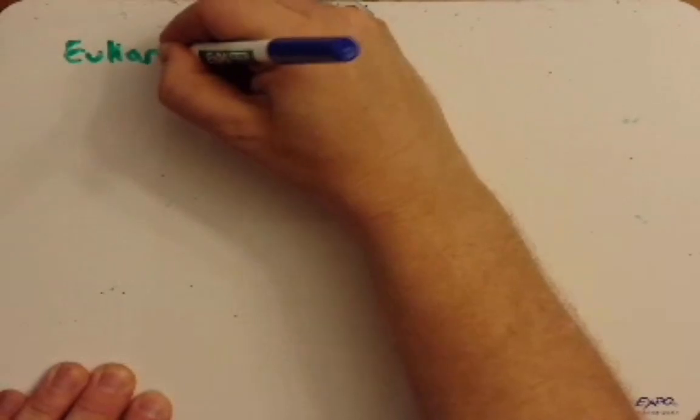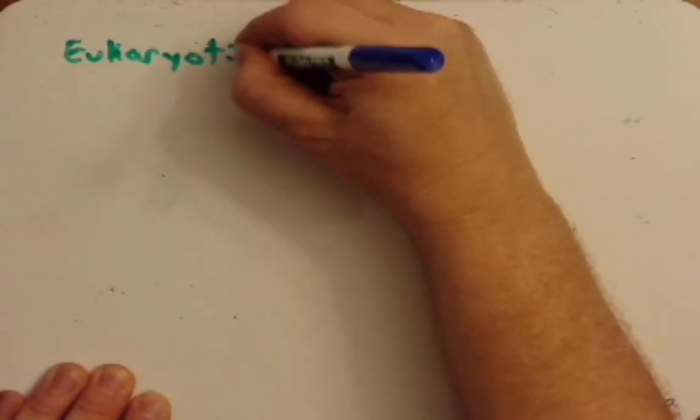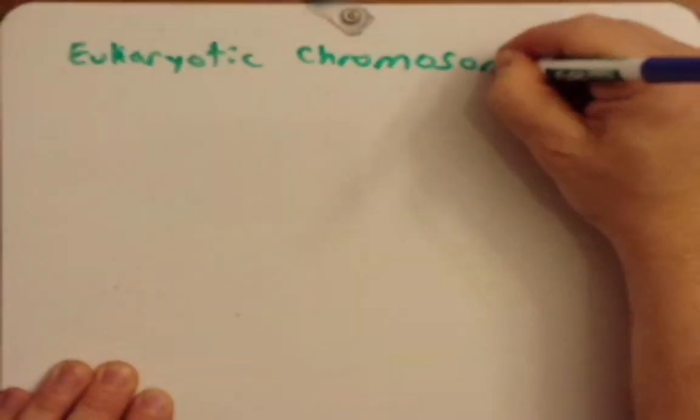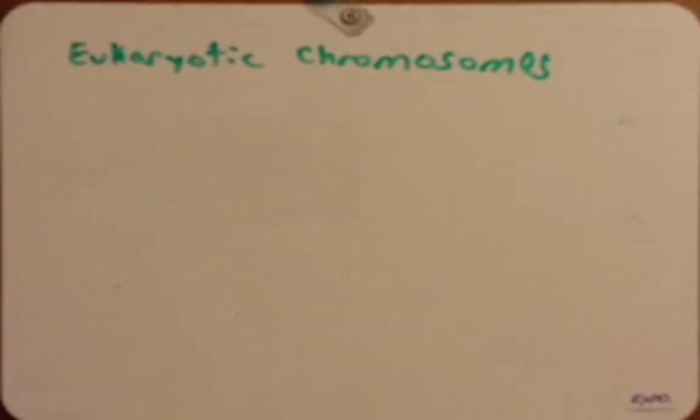Hello and welcome everyone. In this podcast, we're going to talk about eukaryotic chromosomes. We're going to talk about the structure of them. We're going to talk about the different parts of the eukaryotic chromosome. We're going to talk about the overall size of the eukaryotic genome, and then how this large genome is packaged